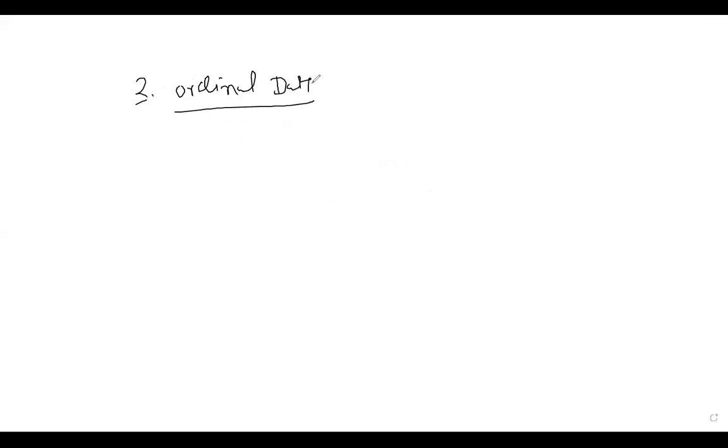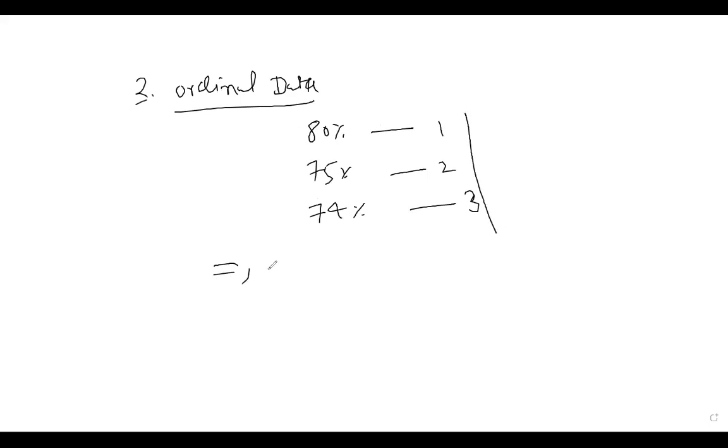We create rank. Ordinal data, like in a college or a school class, the student who obtained the 80% mark, we can give the first rank. The 75, the rank is second. The 74, the rank is 3. So here we are creating the rank. So we use the equal, does not equal properties, less than, and greater than, and we use only median. We can use the term median. Okay.